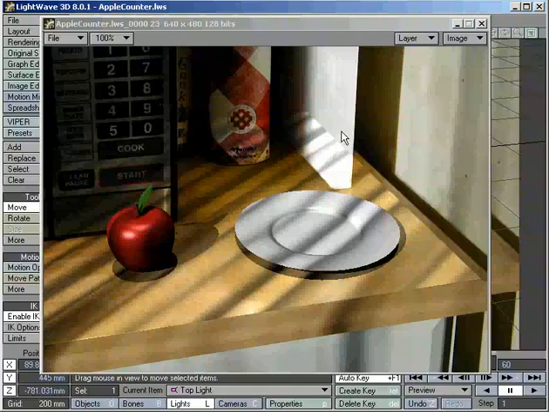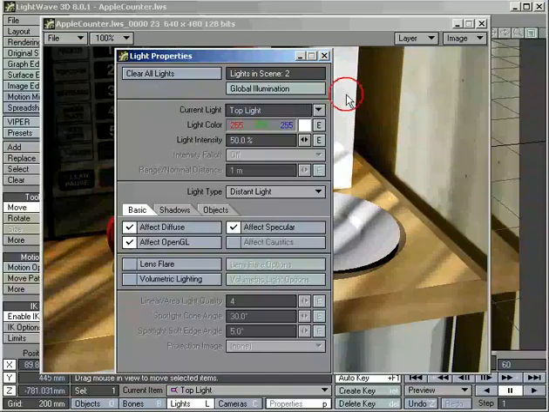We also do not have this matching our background image, and if we want to do this in a single pass, we're going to have to do that. So let's go in and do some tweaking of our light settings. So I'm going into my light properties. The first thing that I want to do,